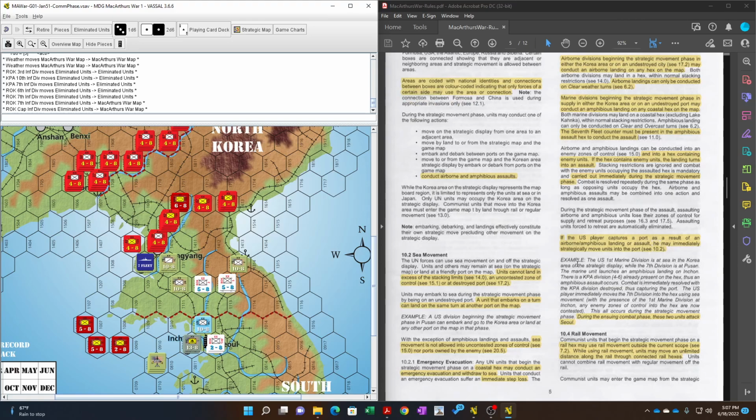During all. So the question is, can they attack following this? During the ensuing combat, these two units attack Seoul. Okay, that's good. That seems to imply that you can attack afterwards. See movement occurs during the ensuing combat phase. Yes. So actually,